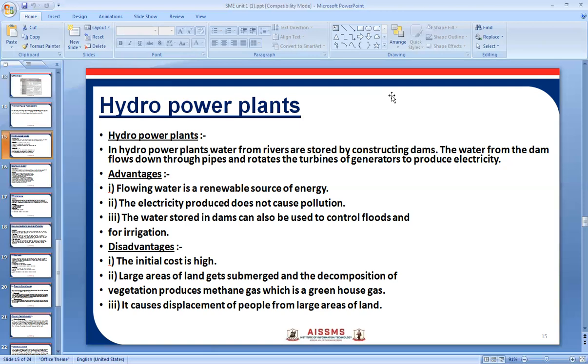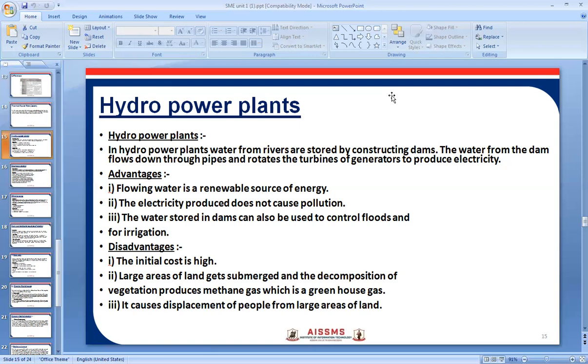A large amount of water is collected during the rainy season in the reservoir behind the dam. In case the rainfall is low in a particular year, the low head of the reservoir will not be able to meet the maximum load. Therefore, the present trend is to use hydroelectric power plants with steam power plants in an interconnected system.